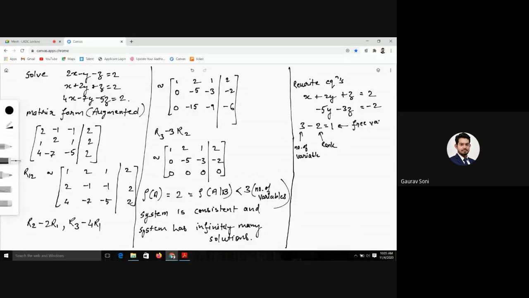Look, the dictionary meaning of free is that it doesn't have any restrictions. It means that whichever variable is free can take any value. That's why it is called a free variable. It is not restricted to 1, 2, or anything. So you choose one variable from your last equation, any one, y or z, and put it as t. So z is a free variable. If in some example it turns out that there are two, I will take two variables and put them as some other new variables. So z is equal to t, then